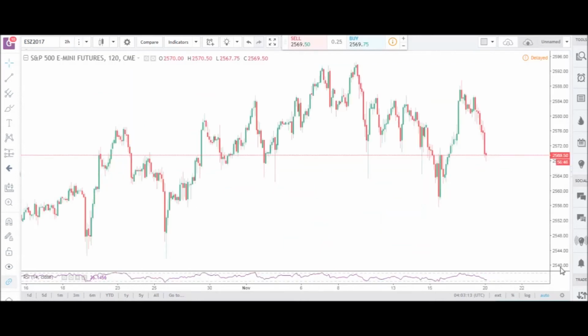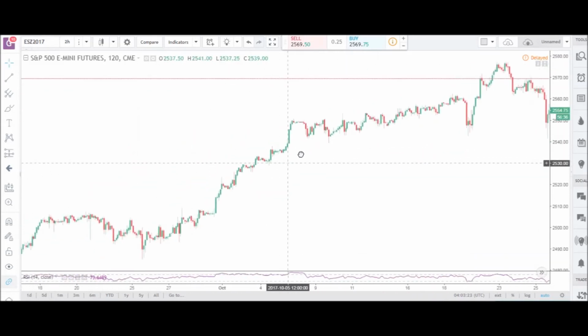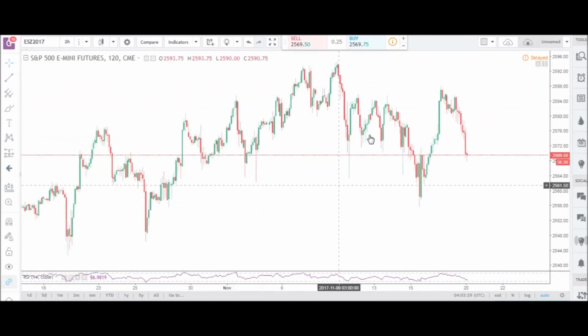Okay, so the next market we're going to be talking about is the S&P 500 E-mini futures market, again for the December delivery contract. So we've been talking a lot about this market as one that has transformed quite rapidly from a very strongly uptrending market to a more range-bound and choppy one. And last week, that theme kind of just built up even more. So essentially, if we break down the price action over here, the week kind of opened around this area, right in the middle of